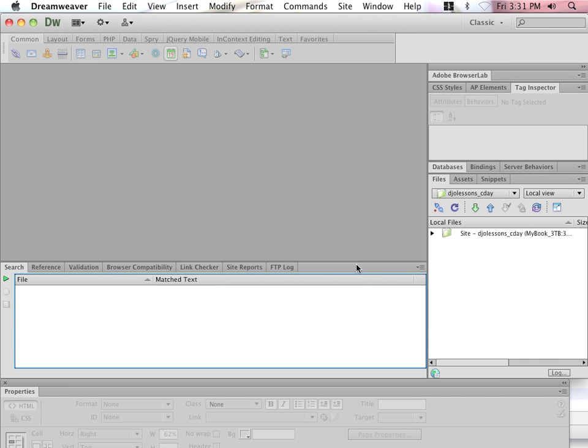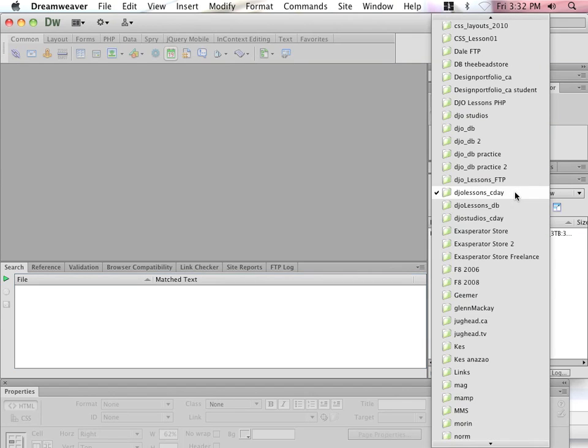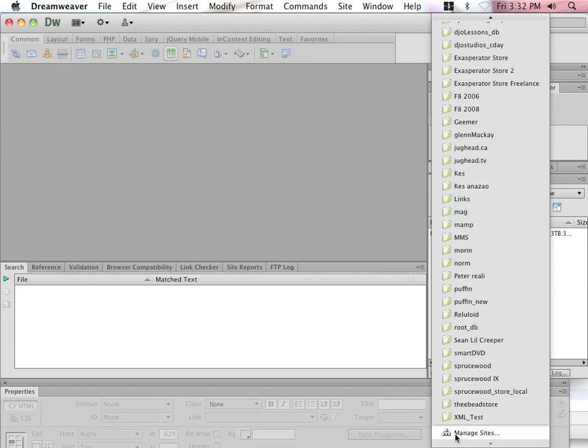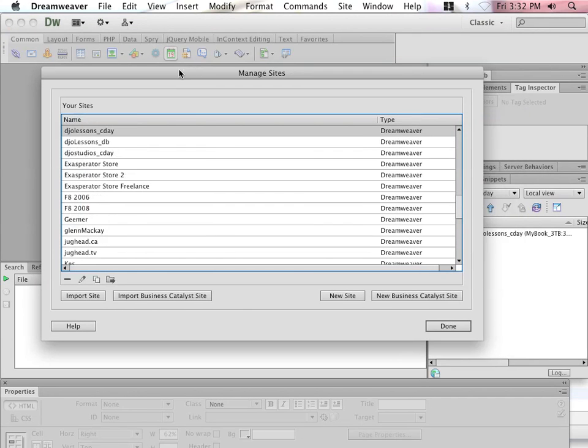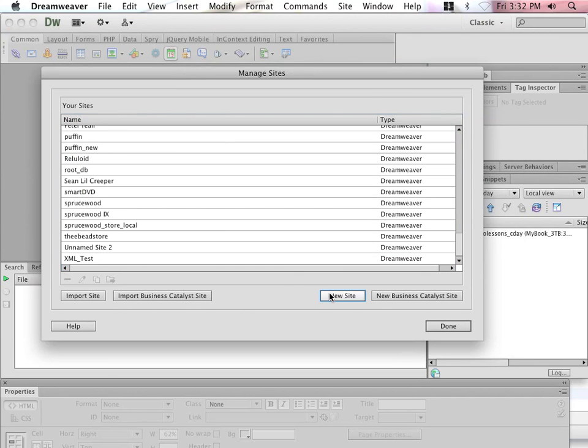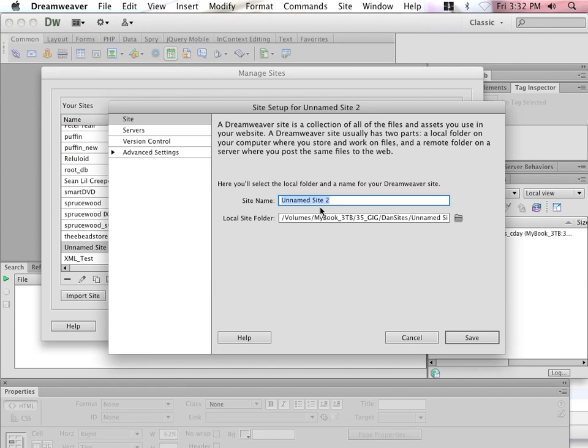In this section, we'll be creating JavaScript rollovers using the sliced images we created in Adobe Photoshop. I've already saved that out as an HTML file and sliced images, so I'm going to initiate a new website in my files panel, and I'll go down to manage sites and create a new site,